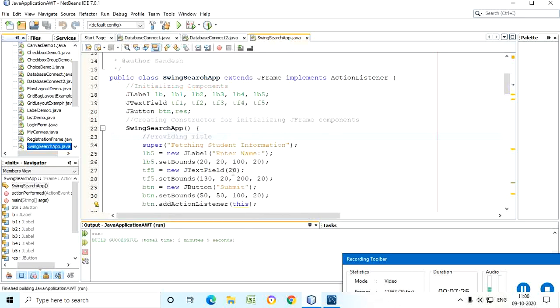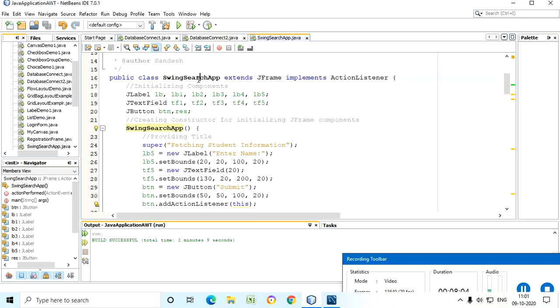So we'll now move on to our application. We require five labels: the first label to take the input from the user, and the remaining labels to show the output. Similarly we require text fields also. Then we require two buttons. I have created these two button references, BTN and RES. Then we are having a constructor. For all these components, memory allocation is required. So to perform memory allocation, we have to use the constructor.